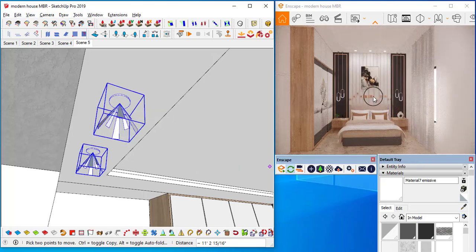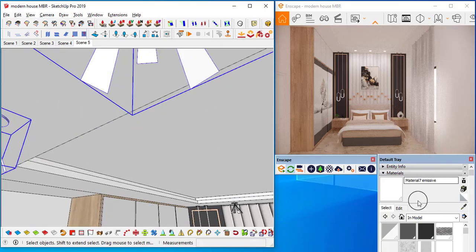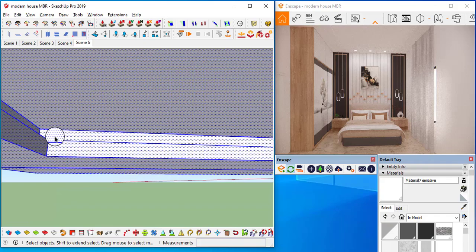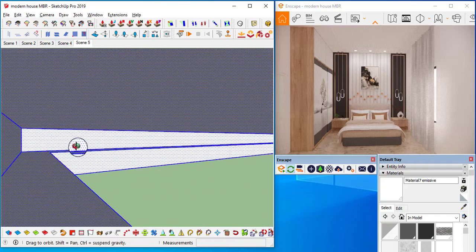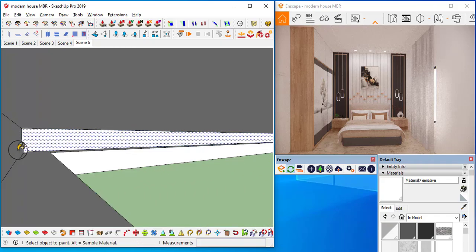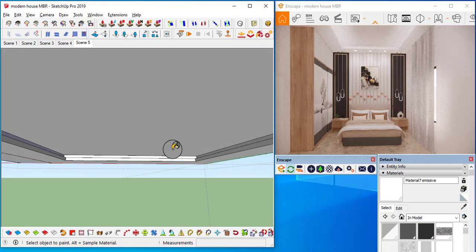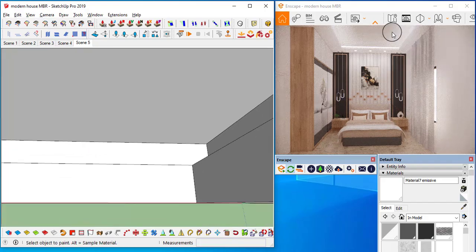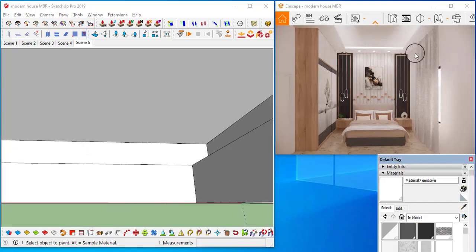Some more light will fill. Here we are not getting light, right? So again, emissive, double click. I'm going to apply on these faces. Select this one, B, apply on these faces, and opposite here, and here. See, we are getting some lighting.